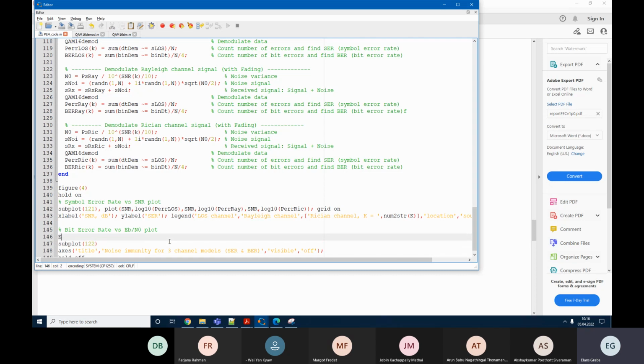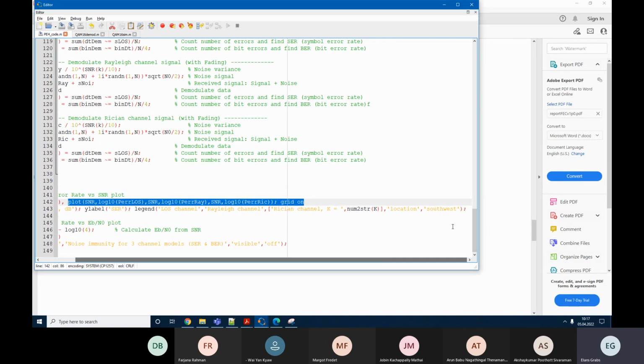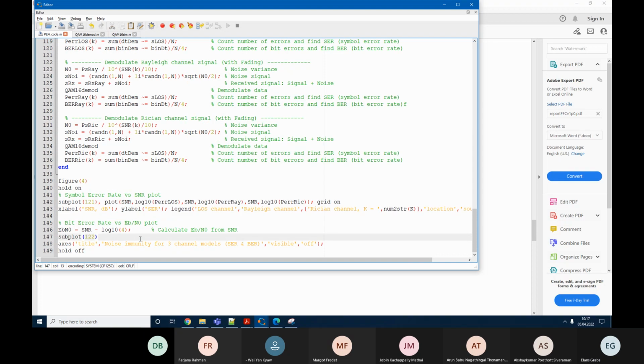So let us calculate this value, Eb divided by N0, by simply calculating it in accordance with the formula. Log 10 of 4, which is the number of bits per symbol. So we calculate Eb/N0 from SNR and use it for plotting. Basically, I'm going to copy this whole thing, even these lines. And accordingly, here I change to